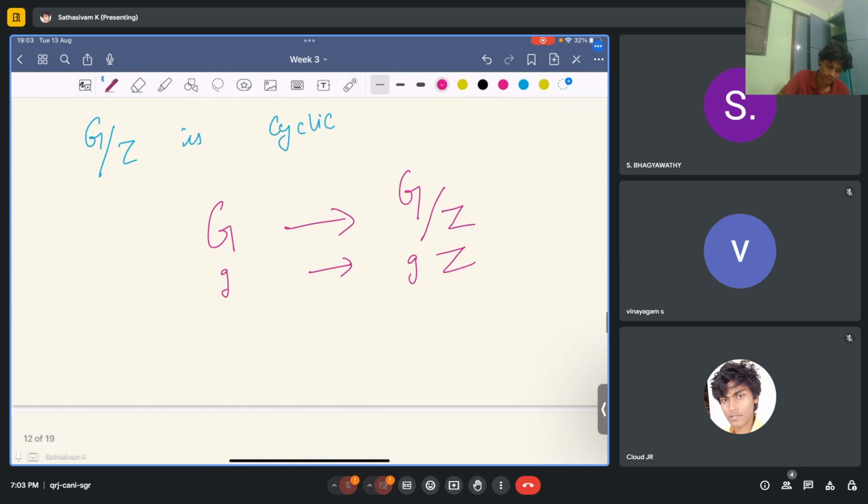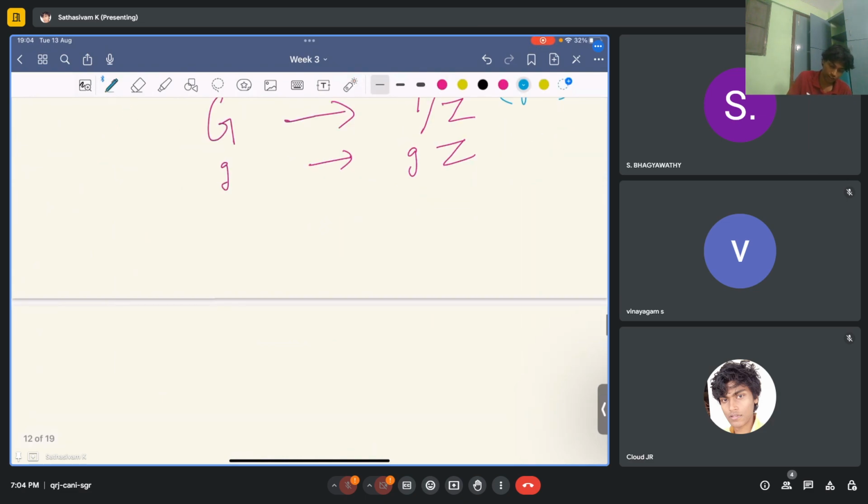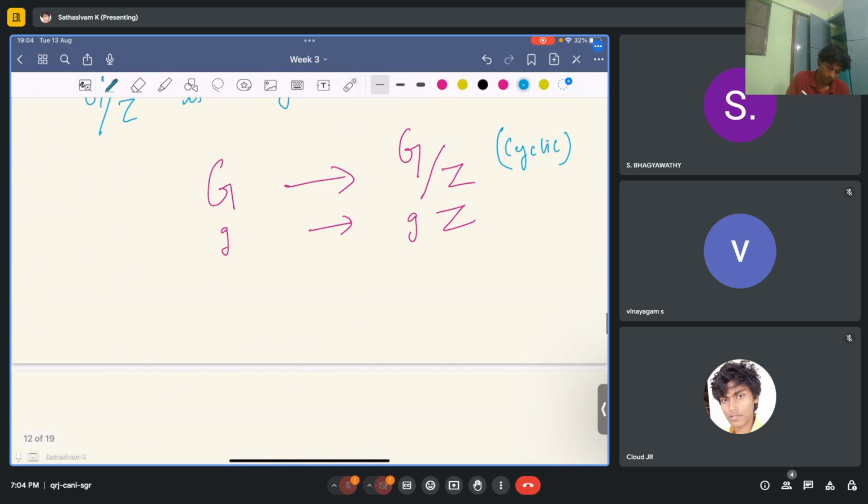What I know here is this group is cyclic. And what we are trying to say is this is abelian. So let's prove it here. So let's say this is cyclic, right? So let's say G by Z is generated by